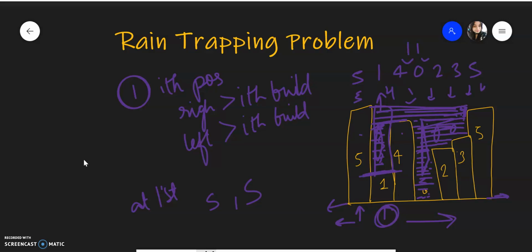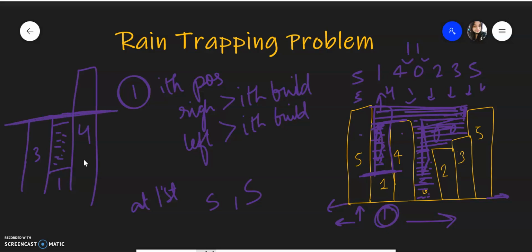Let's see the case where the heights of the buildings on the left and right are different. Let's take this example where you have 3, you have 1, and you have 4. Now what will be the cavity? This will be the cavity, right? So we are actually considering the minimum of the left max and right max, and then subtracting the height of the current building.